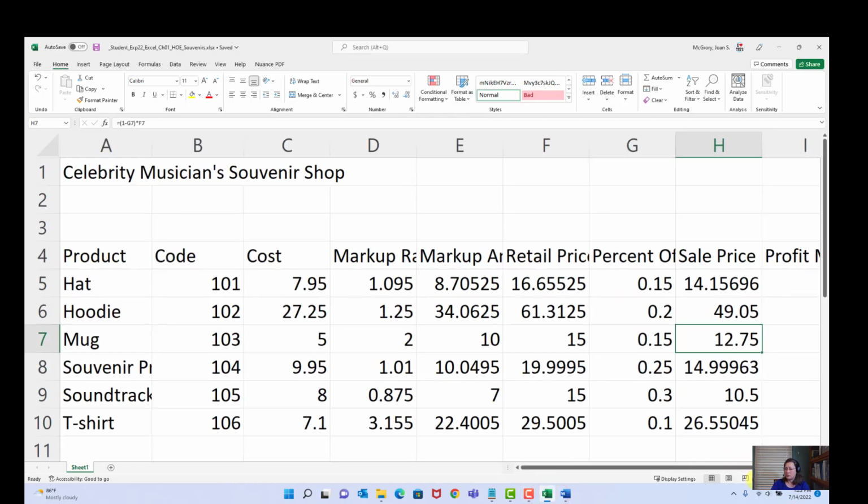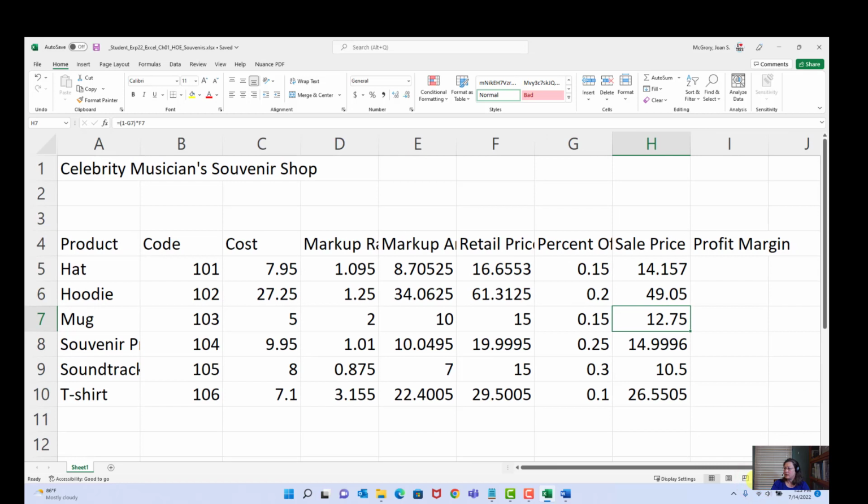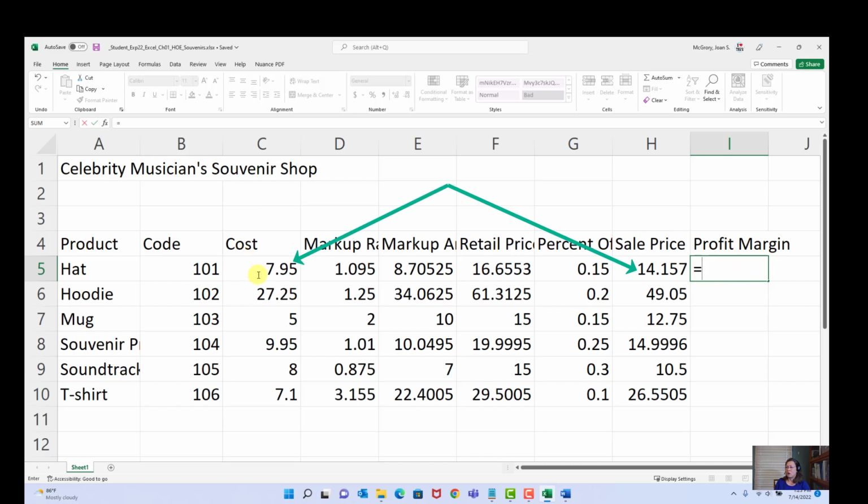And I need to zoom out just a little so that we can see. Okay, so here is I5, and let's look at our instructions again. They said the profit margin is the ratio of net profit as the percentage of revenue. The formula, they're telling us all formulas do what? All formulas start with an equal sign. That's how we power up math. So the formula first calculates net profit between the sale price and the cost. So here's my cost,